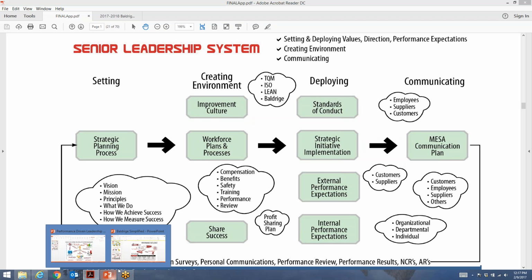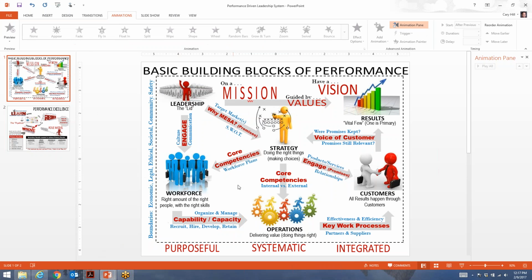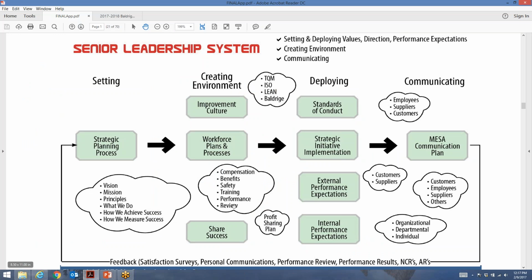Now, also, I've used this in the past, used this last week. I'm not going to go through this again because I've already covered this one. This is a leadership system, right? This is what leaders do. They set direction, they set strategy, engage your workforce, establish operations or key processes. This is a leadership system. So yours can look like whatever yours needs to look like for your organization. But I think that's one of the pictures that you need to paint for the examiners, and then you're going to speak to that in the application.